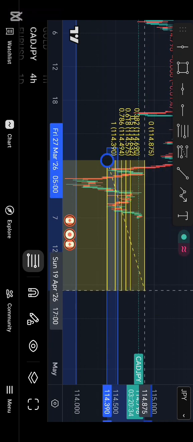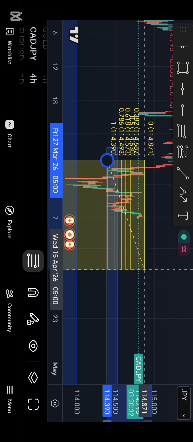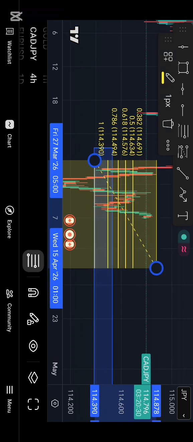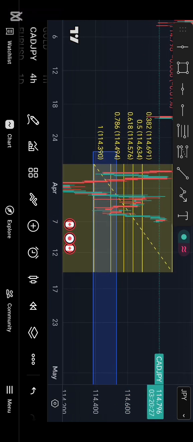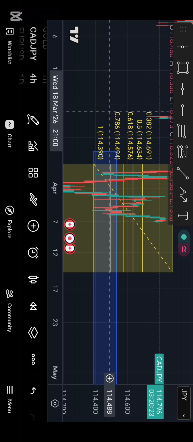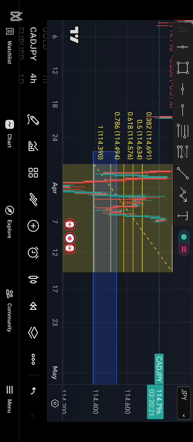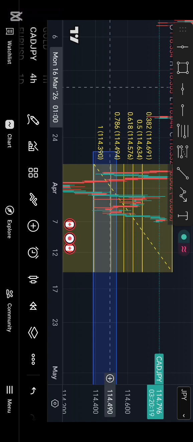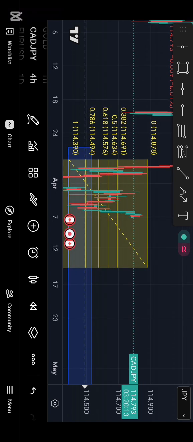We can see that the market has pushed up to a certain level and hasn't broken the 4 hourly higher low. So going off that area as a point of resistance, we'll be looking at